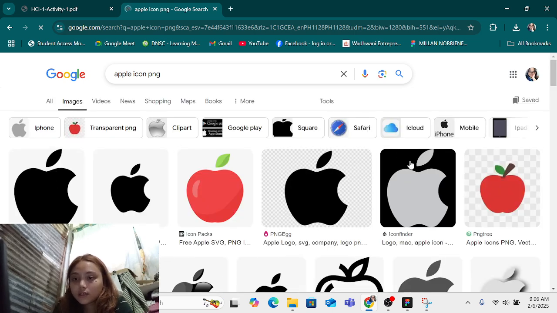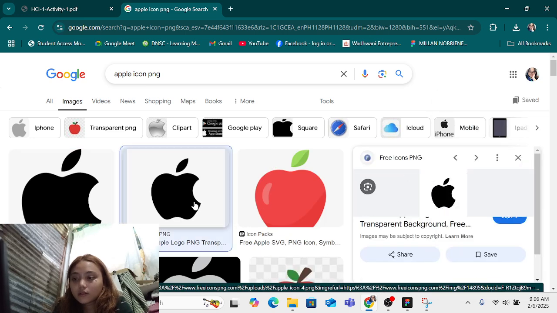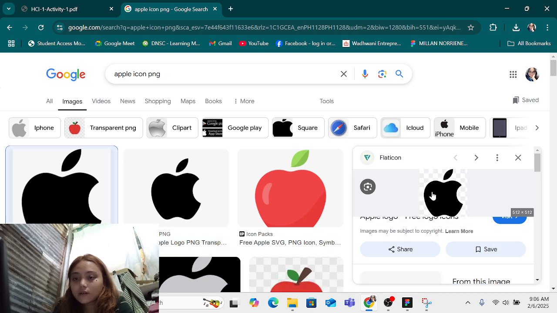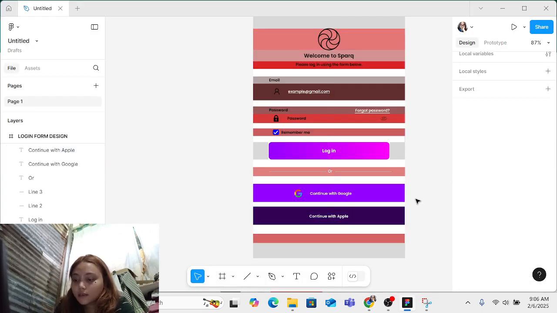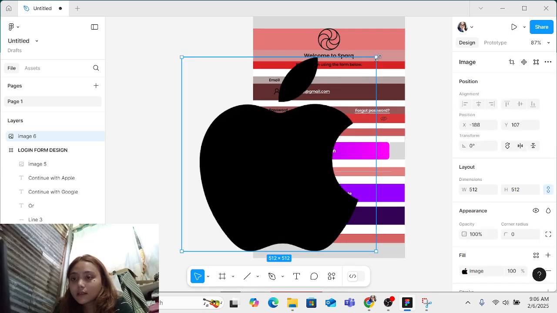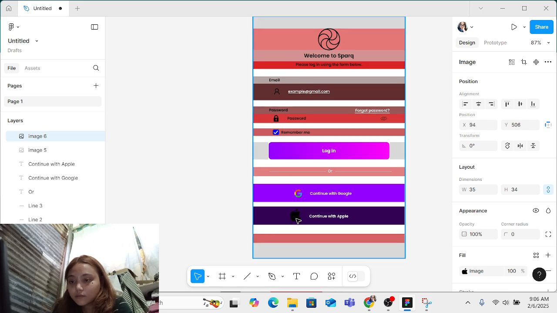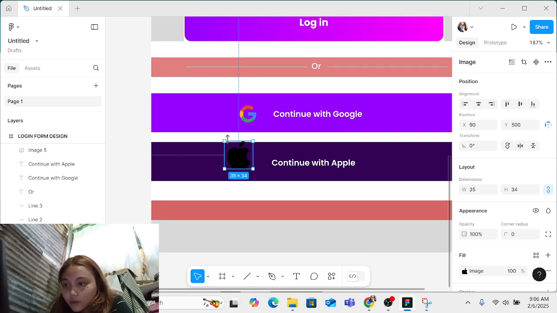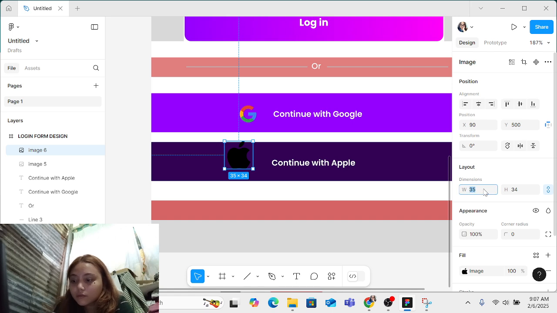Let's pick the first one and copy. Then back to the app and paste. Same as I did. Resize it to your desired size. So we're gonna zoom that out. 34, 33. So let's see the size first.